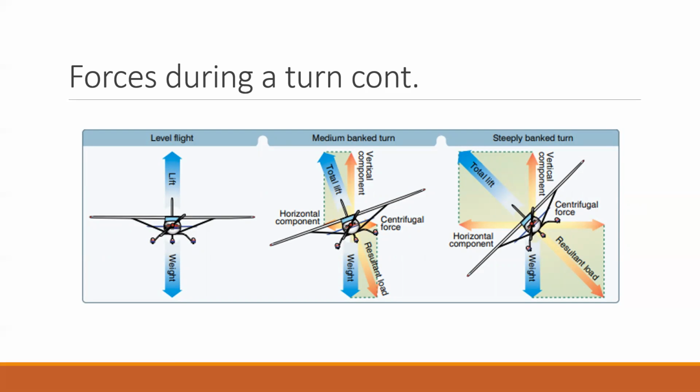So here's a picture showing the whole lift scenario when you're turning. During level flight, the lift and the weight vectors are equal and opposite. When you start to make a turn, the lift vector splits into a vertical component and a horizontal component. Then you also get this centrifugal force, which points towards the outside of the turn. Your weight vector is still pointed straight towards the ground, but there is another vector created, the resulting load, which is created by this turn,